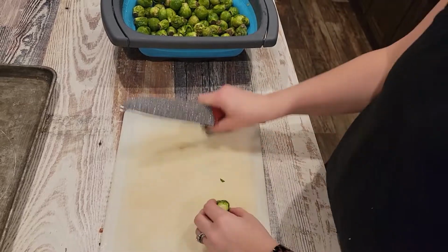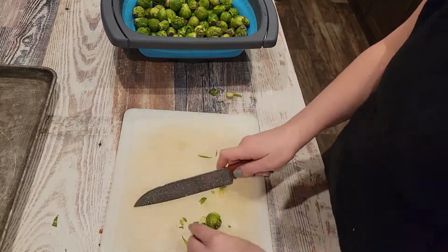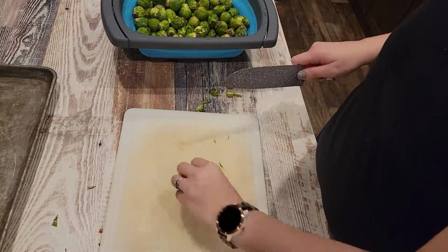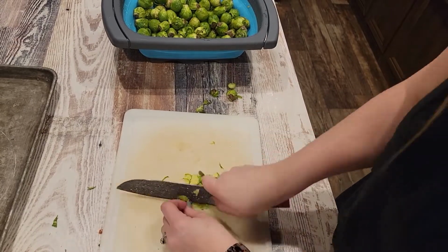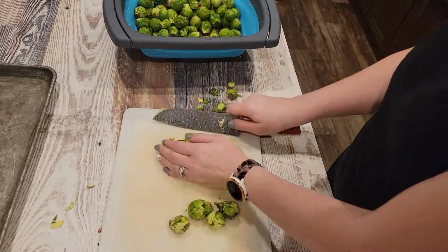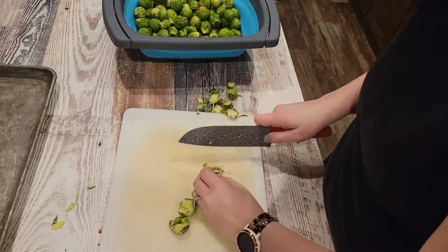Morning, y'all. Today we are going to make 6 sheet pan meals. The first one we are going to do is going to be salmon and crispy Brussels sprouts. I only cooked 3 salmon pieces because that's all we needed for our family, but the actual recipe will have 4 salmon fillets. So anyways, the first thing you're going to do is shred up 1 pound of Brussels sprouts,